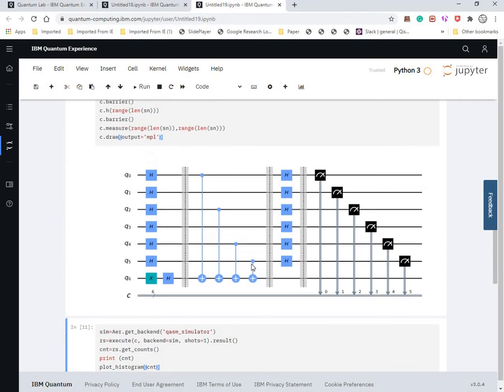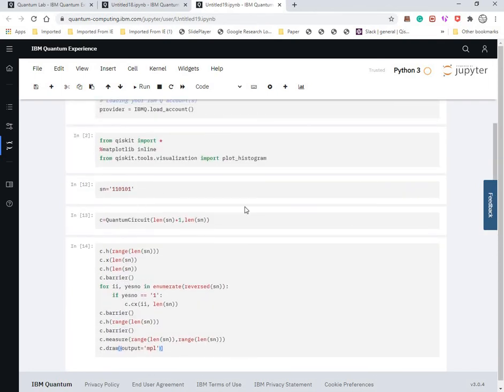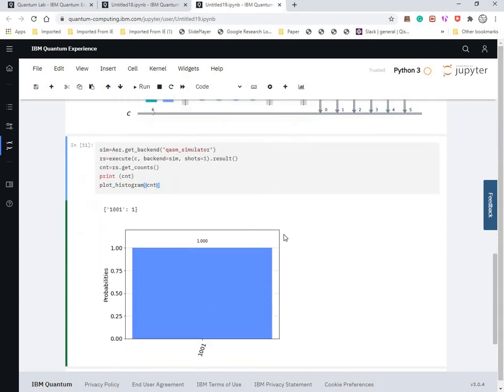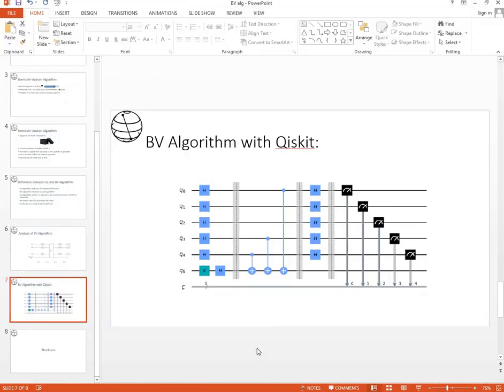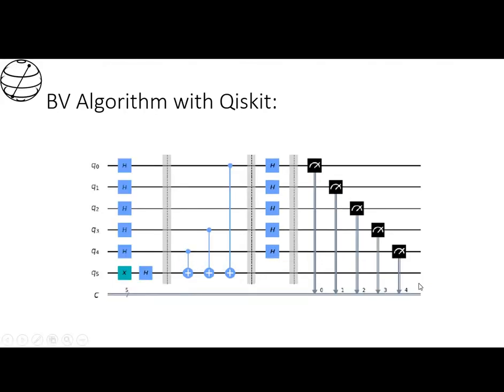That means 1 1 0 1 0 1. Now if I do it in simulation, we get it in one shot. So this is a practical implementation of the Bernstein-Vazirani algorithm in Qiskit, and that is how we solve that function.